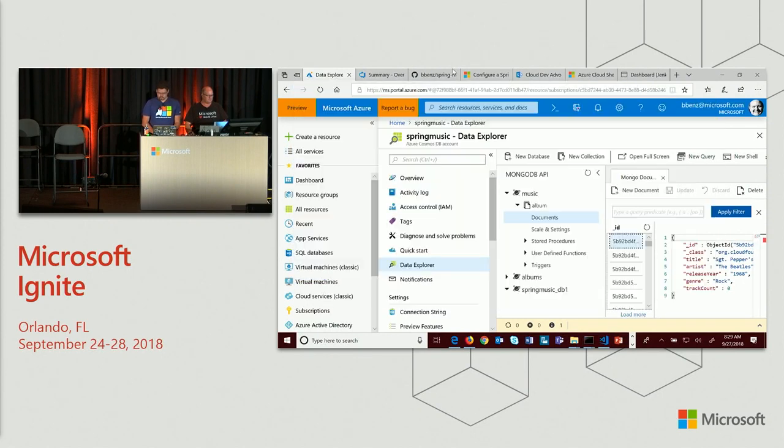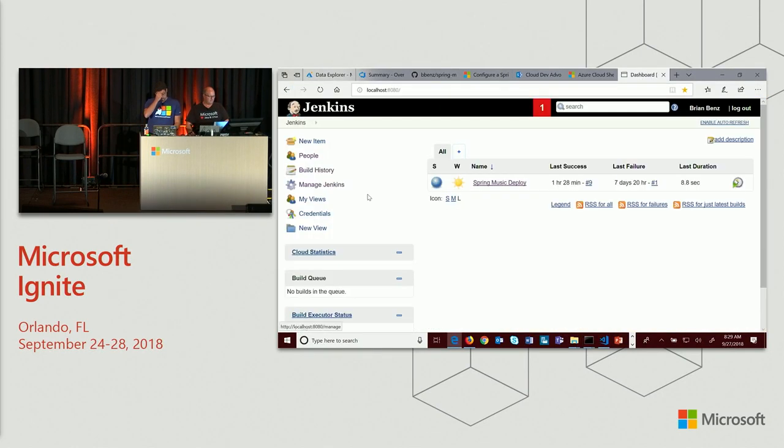Let's see, where's my Jenkins? Here we are. So here's my Jenkins. I've got a few things here. Several hands went up when we talked about Jenkins. How many people use Jenkins plugins for Azure, like VMs, containers, et cetera? OK. So one thing you guys should know, actually,